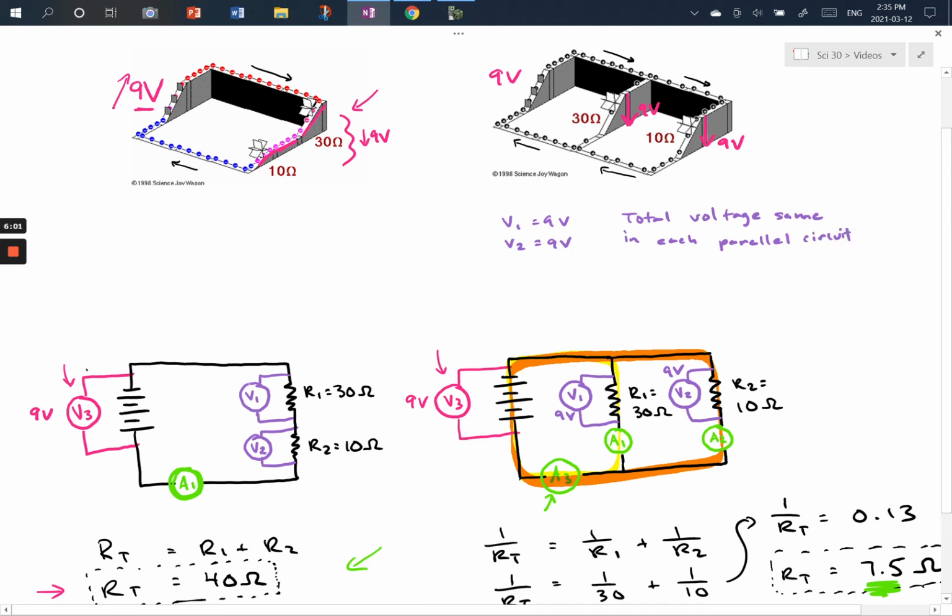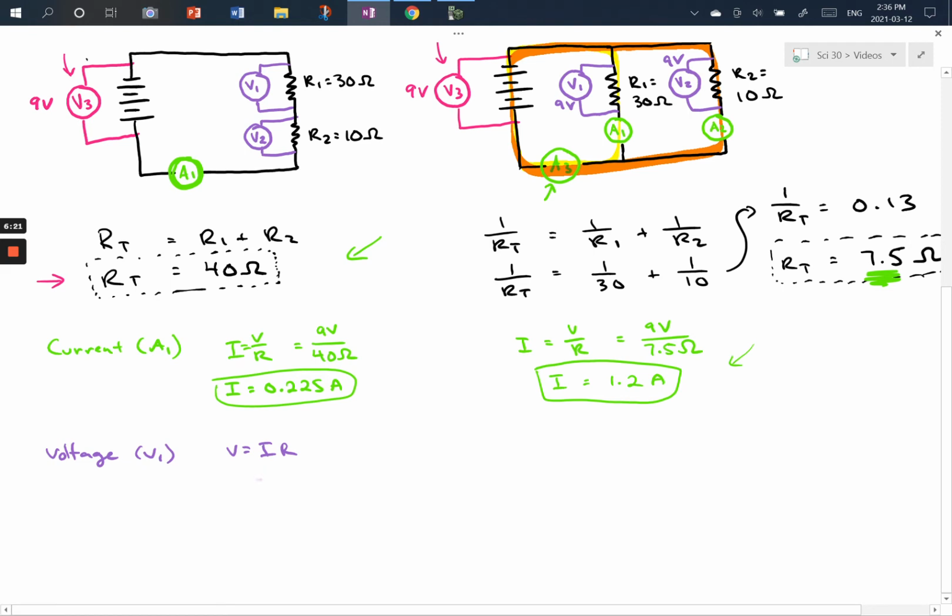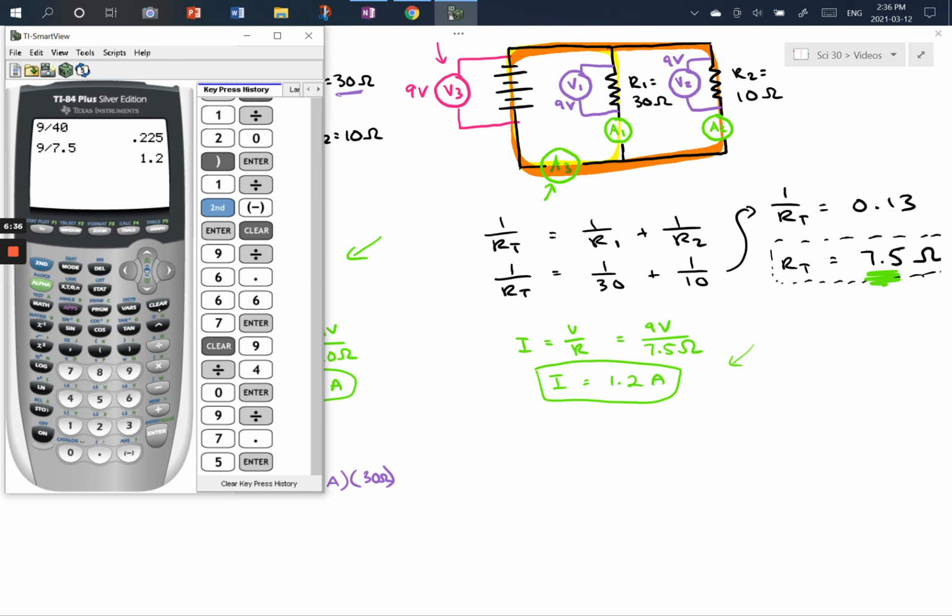Now, what we're going to find over here is that the total voltage drop is going to be shared between these two. So let's do the math here for V1 and V2. So for V1, we're going to do V equals I times R. So we know our total current was 0.225 amps, and our resistance for R1, so we're looking at this one up here, is 30 ohms. Okay, so we're going to take 0.225 times 30, and we're going to get 6.75